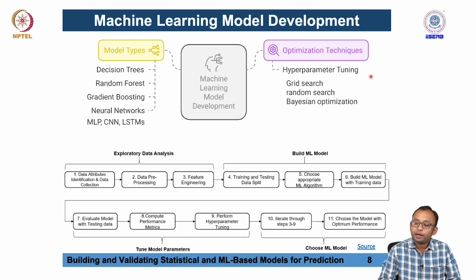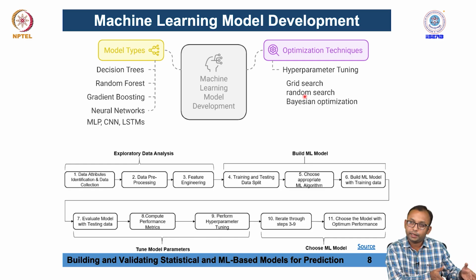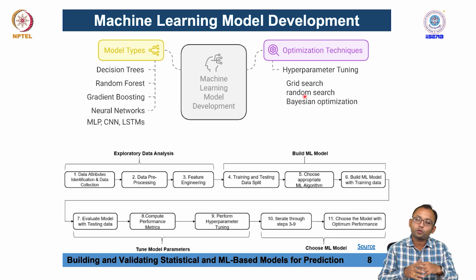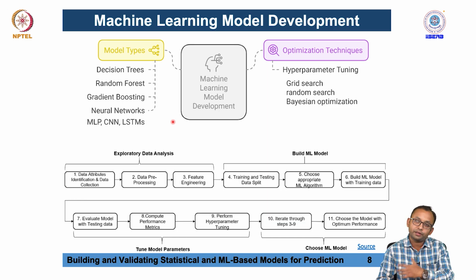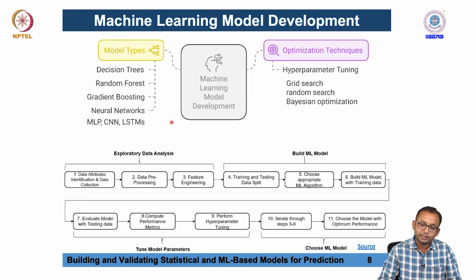For example, hyperparameter tuning, where we try to look at different parameters, which can be done by different types of algorithm, basically either the grid search method, random search method, or Bayesian optimization method. We try to find those particular parameters, and once the parameters have been obtained based on the 80% of the data set, we fix those parameters, and then we fine tune the model with the rest of your 20% validation data set for different model types. Then we compare, and whatever the best model is, we select and use for climate extremes predictions.